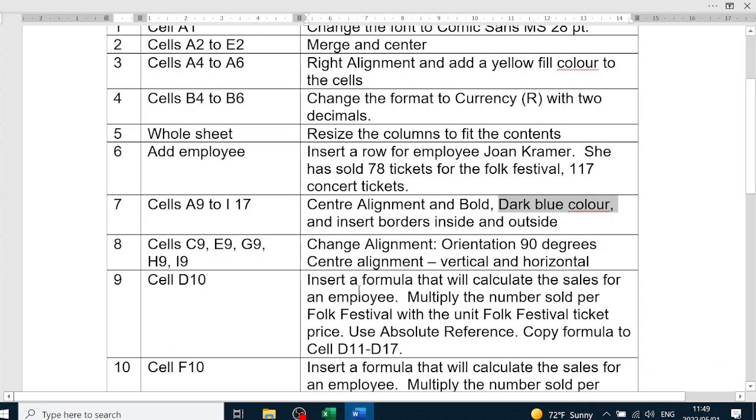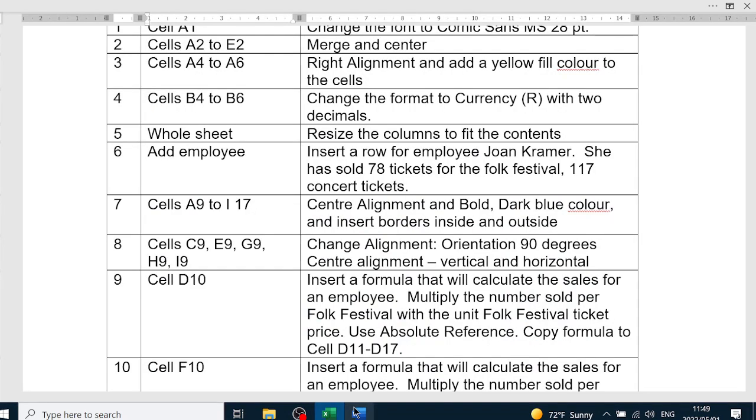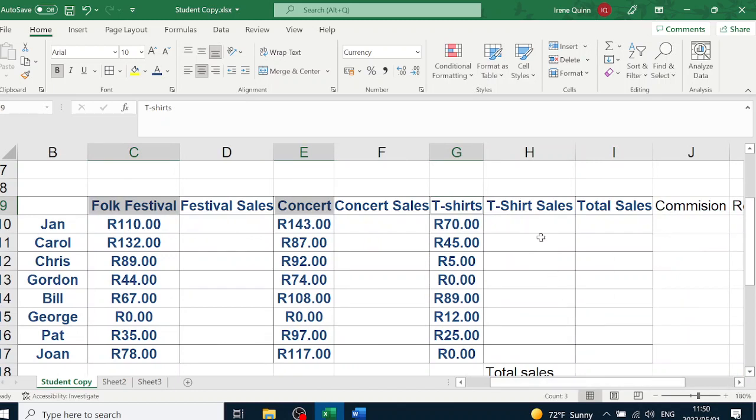Next one. Right. So we have C, E, G, H, and I. So we have to select those 5 cells, C9, E9, G9, H9 and I9. So we click on C, hold the control key, click on E, then keep holding the control key, then we click on G, and keep holding the control key, and click on H, and then I, then let go of the control key and the mouse,